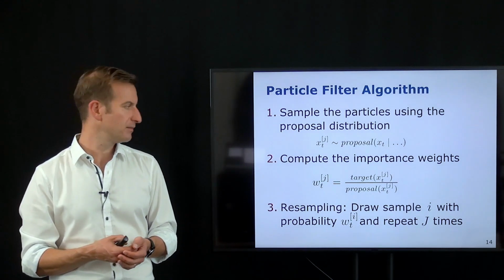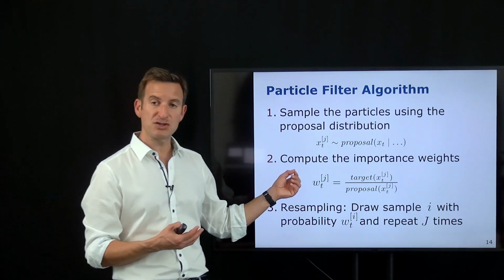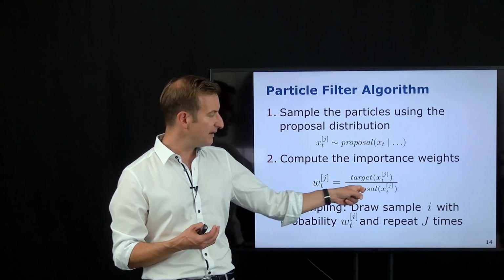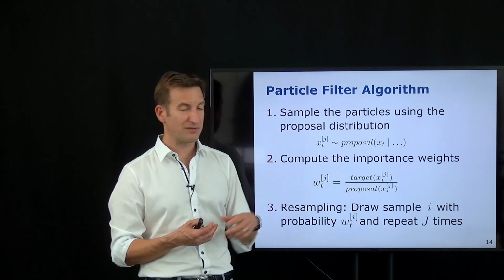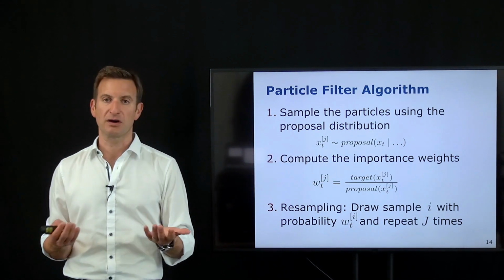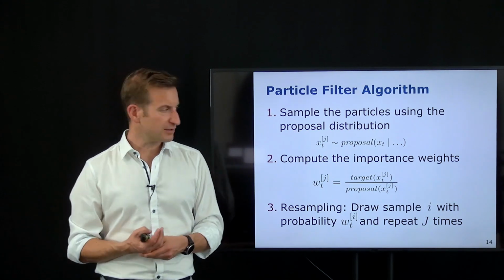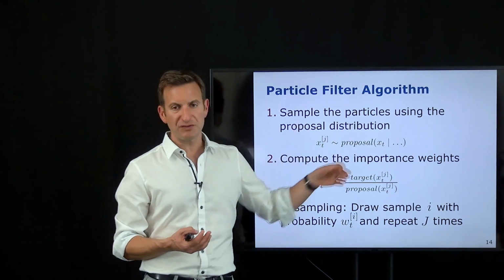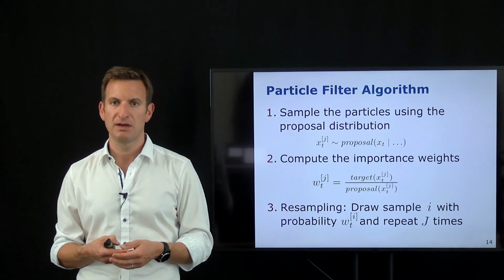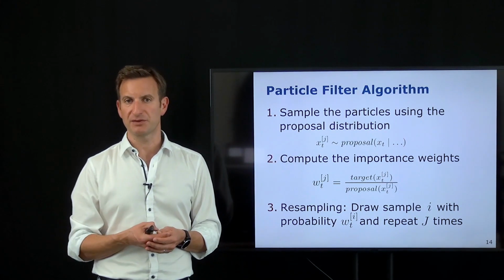although I want to generate samples from the blue curve. And then in the second step, we compensate for this mistake through the application of the importance sampling principle, saying we're taking the target distribution, so the blue curve, and divide it by the proposal from which we have actually generated the samples in order to compensate for the mismatch between the target and the proposal distribution. Speaking in terms of a Bayes filter, we can say if the proposal step is my prediction step, for example, the motion of my platform, then this sampling step corresponds to the prediction step of the Bayes filter.